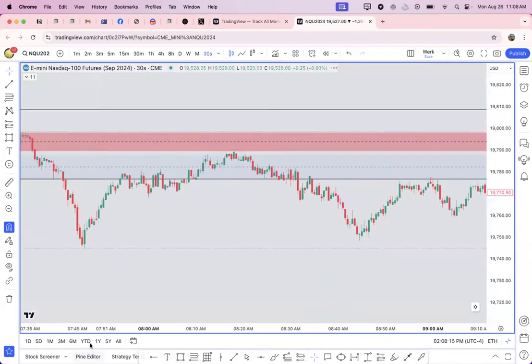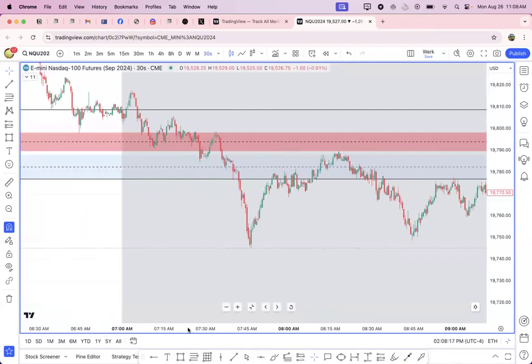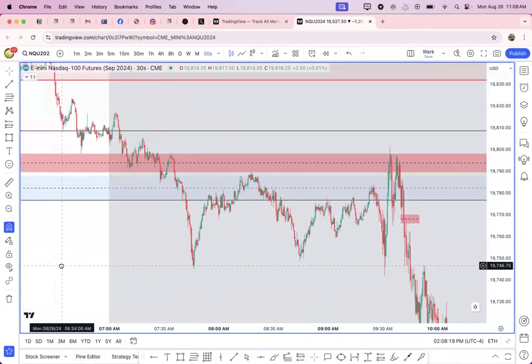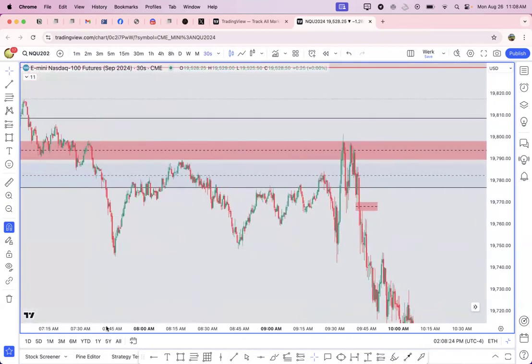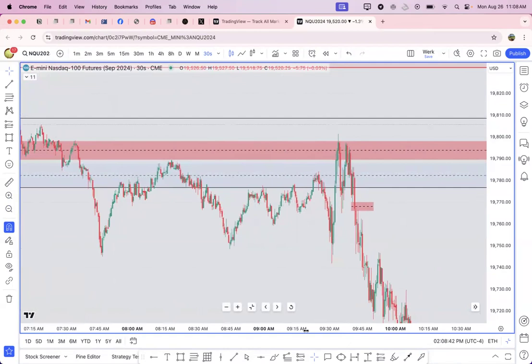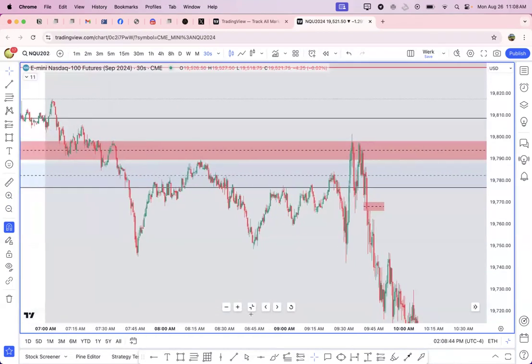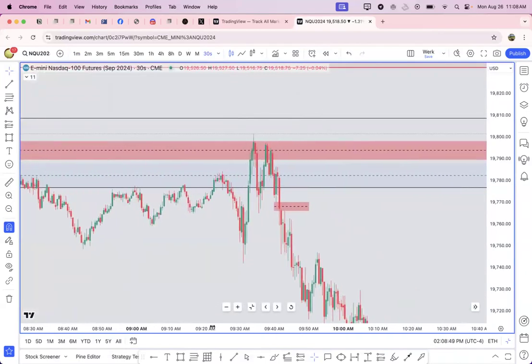Now let's see what we got on the 30-second chart. And let's see if this red box is... Yeah, I don't know what that is. So on the 30 seconds, a good idea would be to wait for that 930 manipulation. This is just a note to myself. Because if I'm short, of course it's going to want to come up here and run out some buy side. So, of course I want to do that. Or if I'm like a big boss, I can do a turtle soup or something like that.